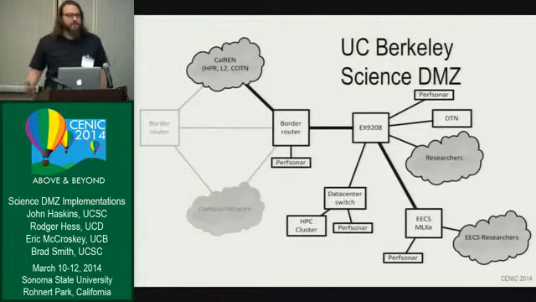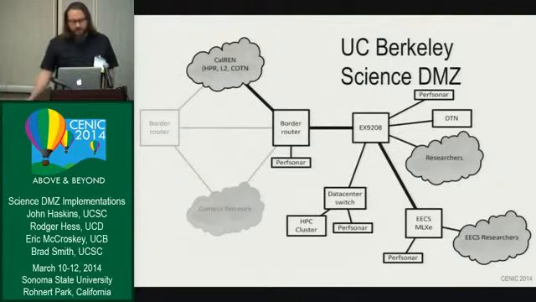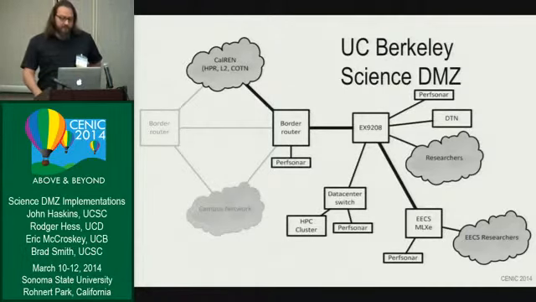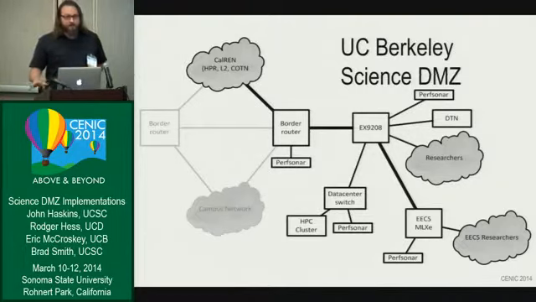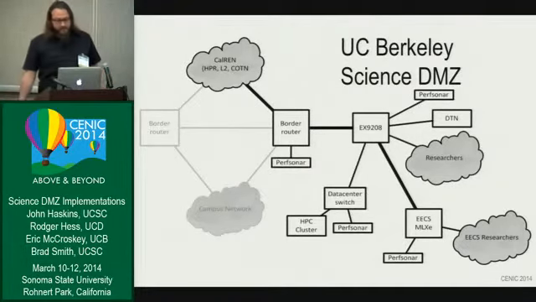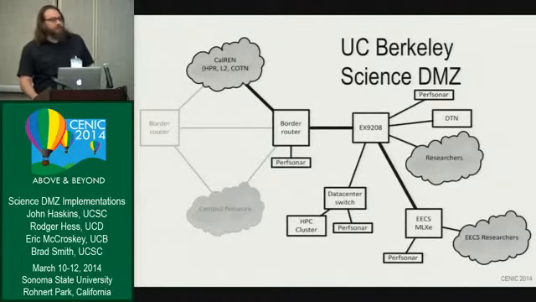From there, the Electrical Engineering and Computer Science Department is also installing a bunch of OpenFlow capable 100 gig devices where their researchers will connect. Other researchers on campus will connect directly into the core Science DMZ. So it's going to be a Science DMZ that's spread between multiple administrative domains on campus with the EECS, but then also spread over into our data center. We're ramping up some HPC stuff over there. We haven't gotten to the point of figuring out exactly what we're going to do, but we do plan on